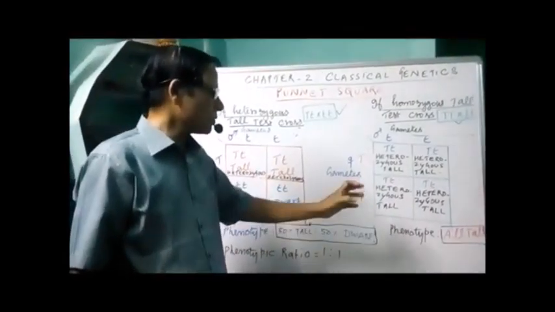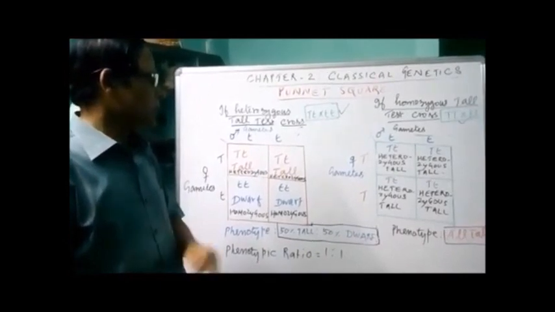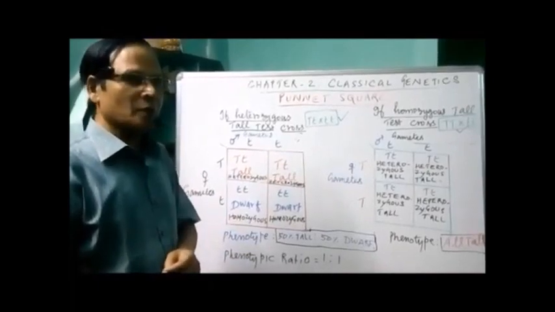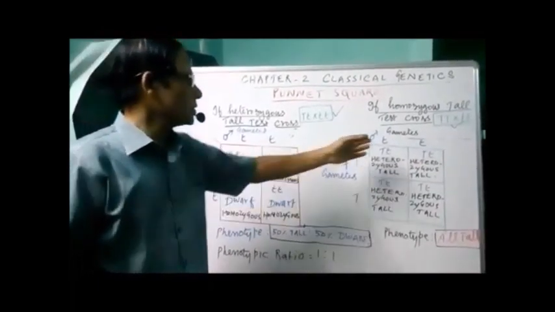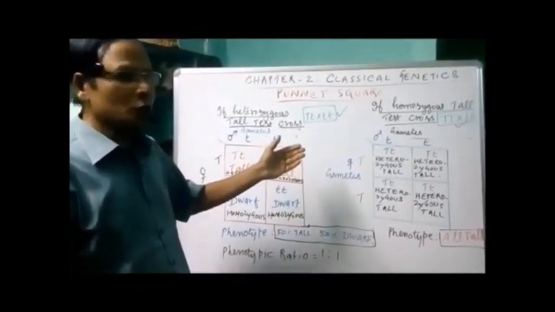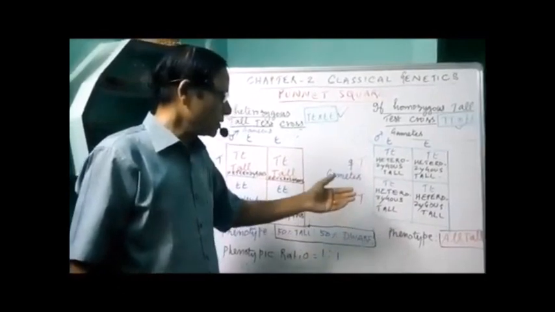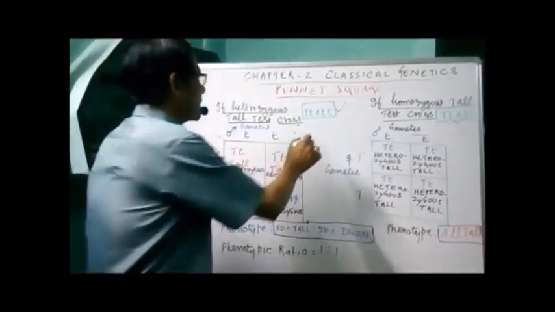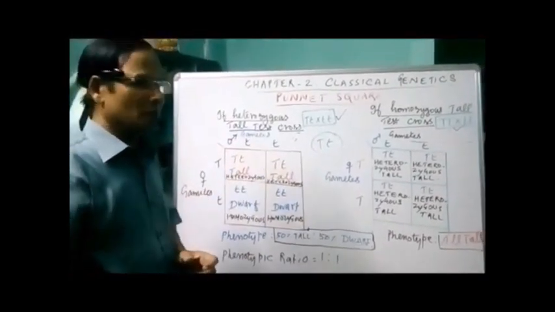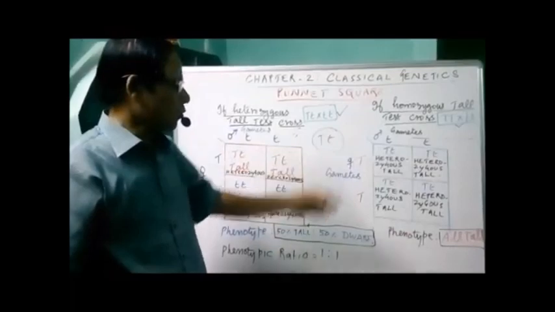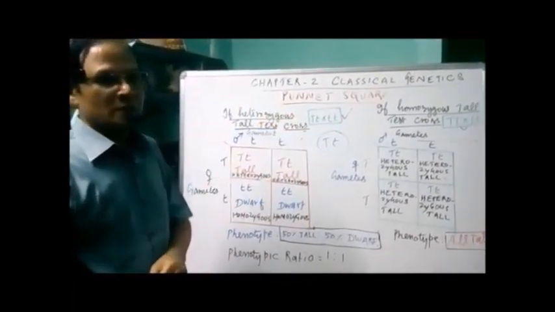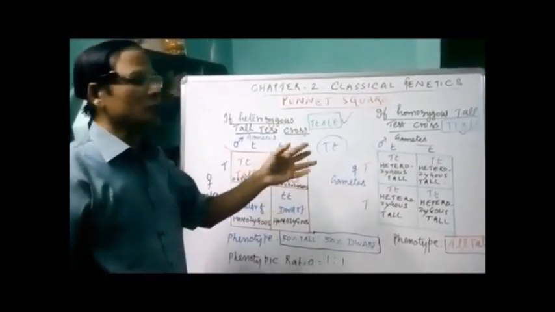If you are getting all tall plants, then we can say the dominant parent involved is homozygous dominant. You are getting the same result also in a monohybrid cross. In a monohybrid cross, we are crossing pure breeding tall and pure breeding dwarf. We are getting the result all tall with the genotype capital T, small t. This is the genotype obtained in the F1 of a monohybrid cross. So we are writing the same thing in a different manner. That is what is called a homozygous tall test cross, as the dominant parent involved is homozygous.